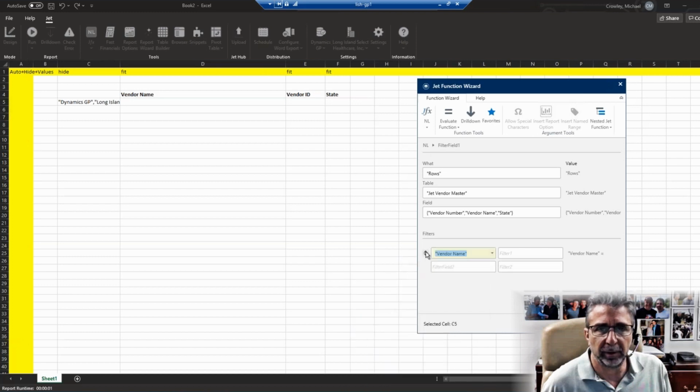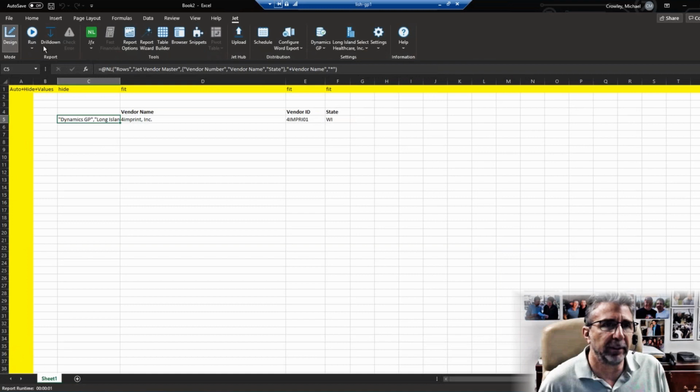So do by vendor name. See this little up and down arrows here? Plus and minus, how it changes it, and then it goes away. So you have ascending and descending and then none. We don't want it to filter by anything, but I have to put something here. So asterisk means everything. Click OK. So now when I run this,